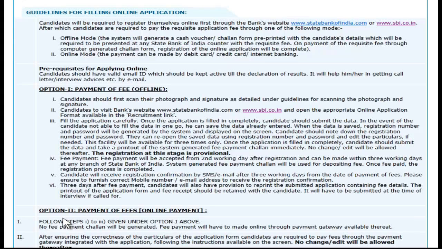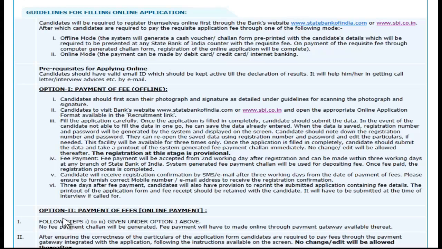For making the payment in an SBI branch, for example, if you have applied today, on the third day, that is the day after tomorrow, you go to the bank with a challan and make the necessary payment of fee. If you go tomorrow or today, the bank may not accept it because your data may not have reached them.